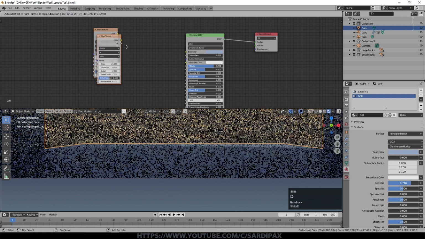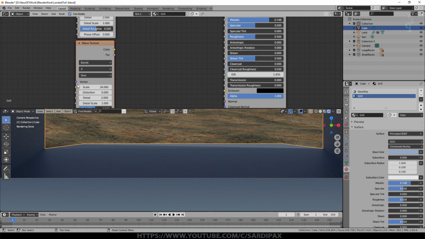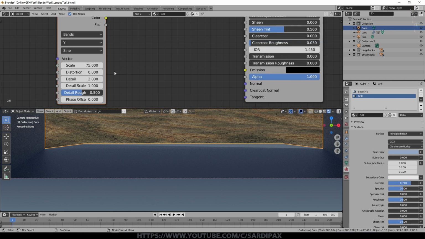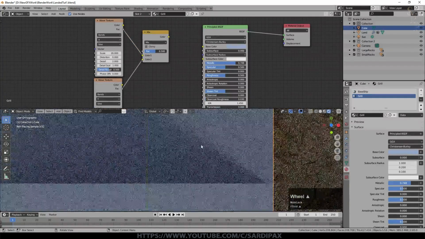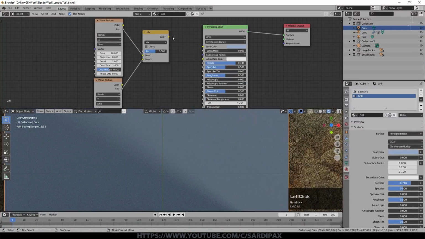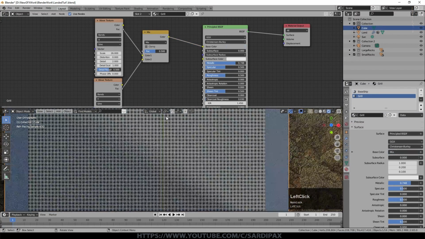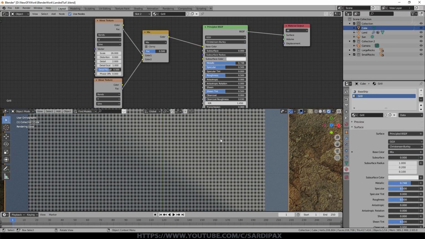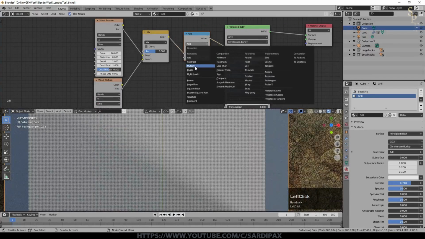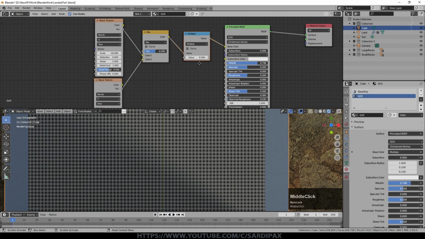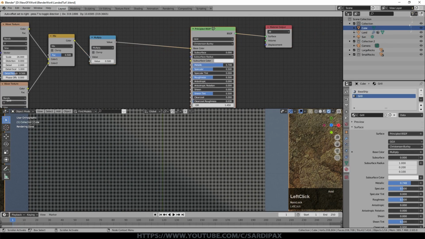Then I'll create a duplicate of that. Again, we may need to change some of the values, but I set this to Y. So this is effectively creating a kind of wave pattern. I set the scale to 75, everything else at default. Then I added a color mix node, take the factor out of each one into the color, and just briefly, we'll look down at our ramp and I'll just take that color straight into the base color for a moment. And you can see we're getting a kind of grid texture. Then added a converter, which is a math node, set that to multiply, and accepted the default of 0.5. This is just to be able to control the scale of this texture.